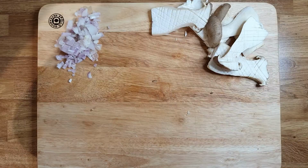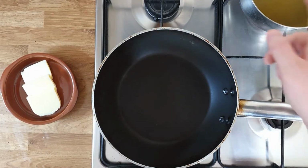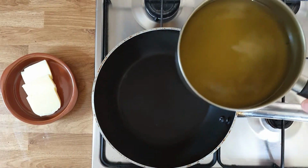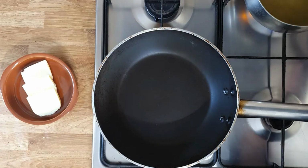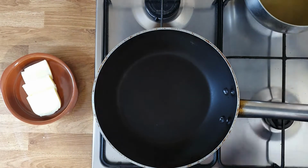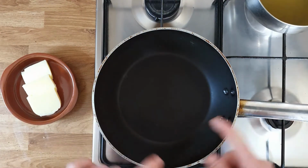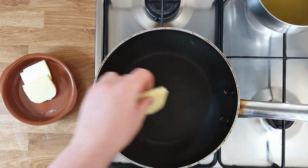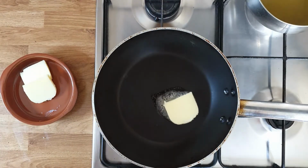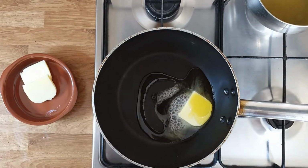Let's start to cook. I got here a pan where we're gonna do the risotto, and on the back side I got the stock which I'm gonna put the heat on. It needs to be boiling when I'm gonna add it into the risotto. So we start by putting one piece of butter. Of course I'm gonna put some olive oil just in case, to not burn the butter,